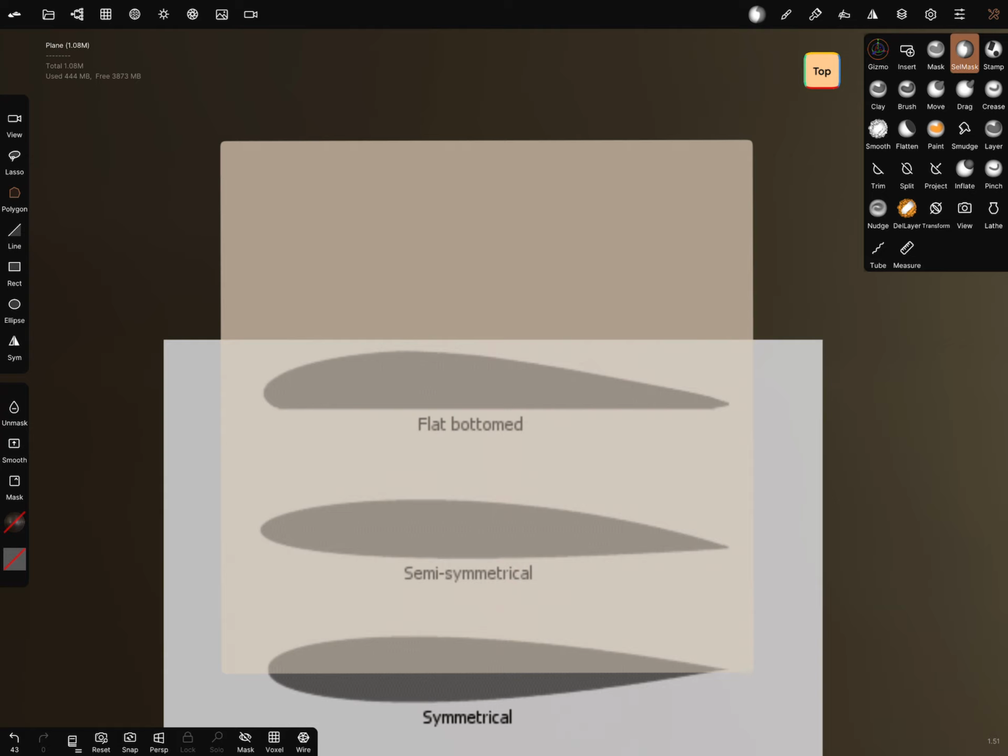We can use a polygon, make a dot, another, and now we can add points. When the point is black, it's a straight line. When the point is white, it's a curved line. Okay.